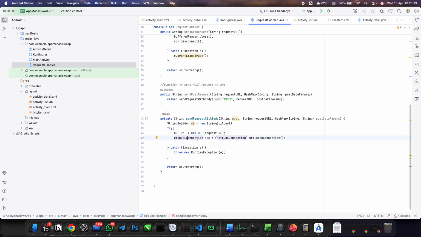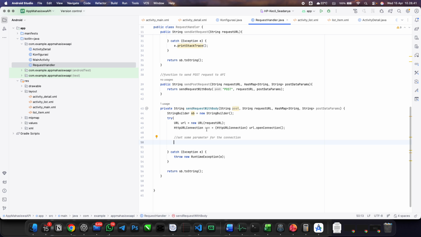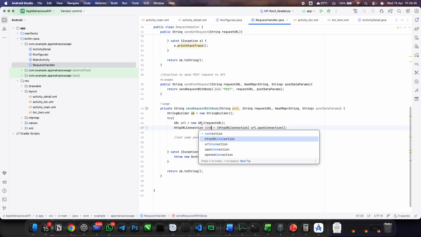The HTTP URL connection will be con. See, this is the same. Okay, and now we will set some parameters for the connection. Okay, the first one, oh sorry, my bad, we will make it different.